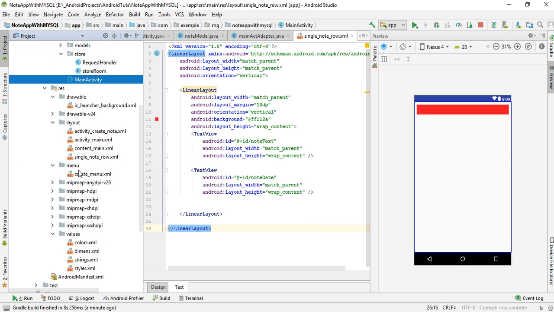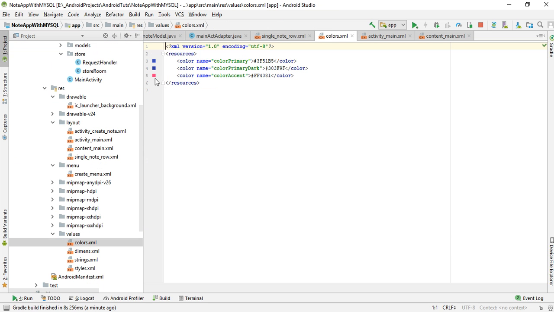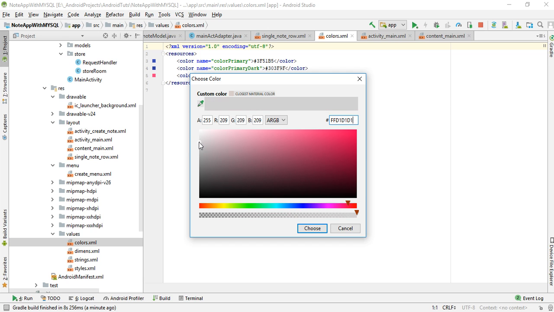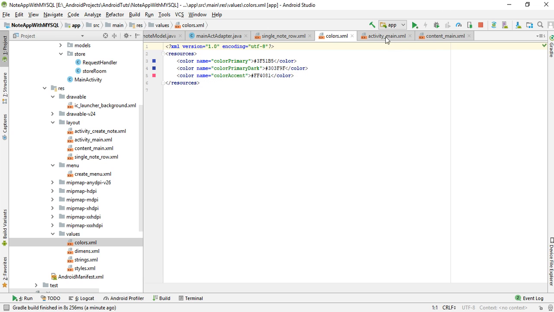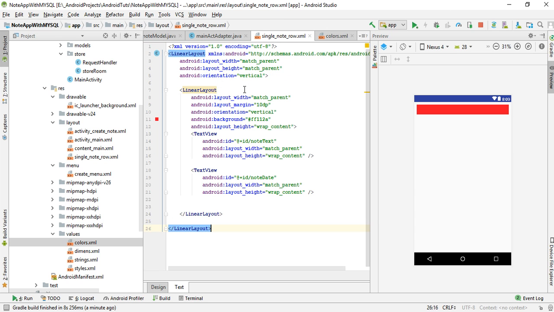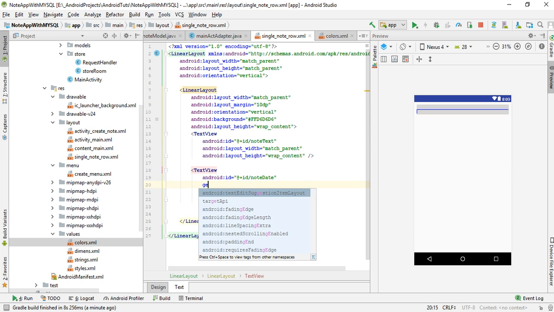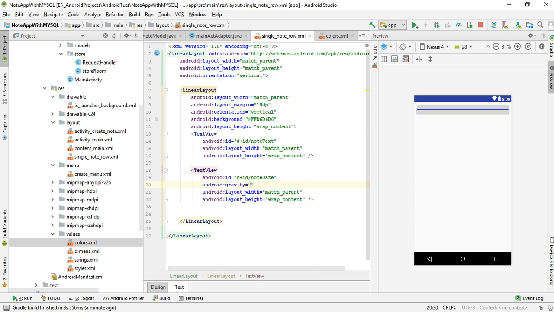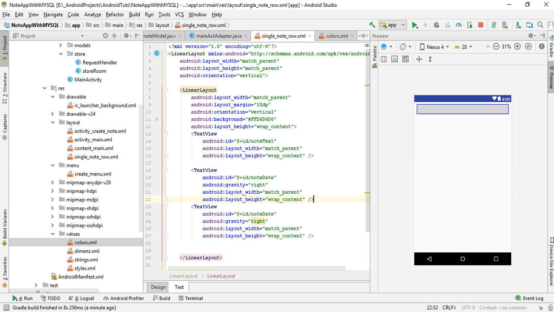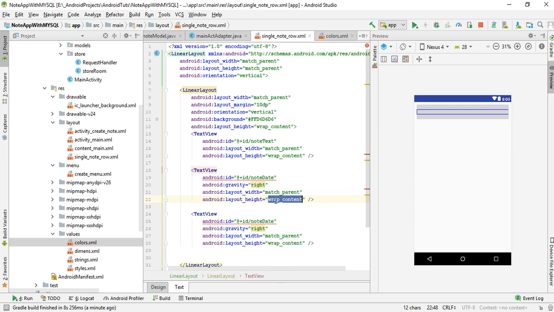Okay, so these are bad colors. Go to your color.xml and try to add a light color. I like these light colors, so now I will paste them here. Okay, so now let's just give it a gravity towards the right side, and then let's just have another texture and then give it a height of 2 dp,